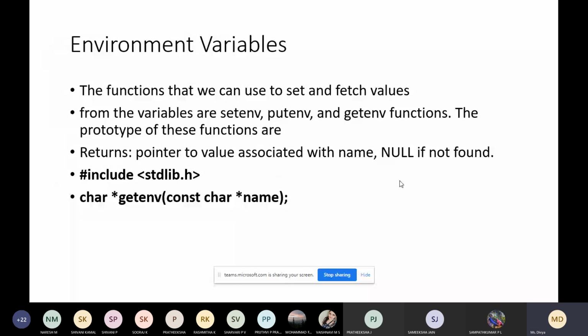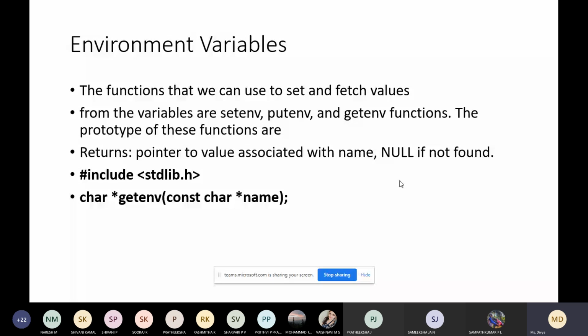So in shell, we have different, several numerous environmental variables. For example, we have HOME, USER, SHELL. These variables are set automatically during the time of login. When you log in, it will tell what is your home, who is the user using the system, and what type of shell you are using.